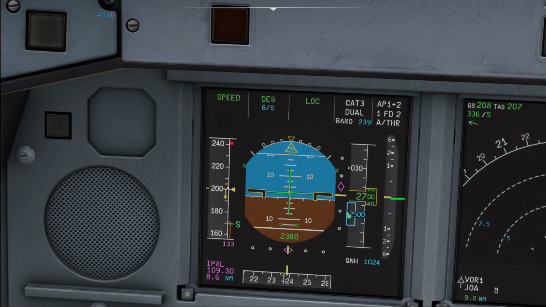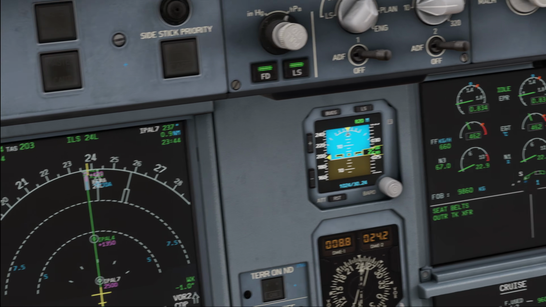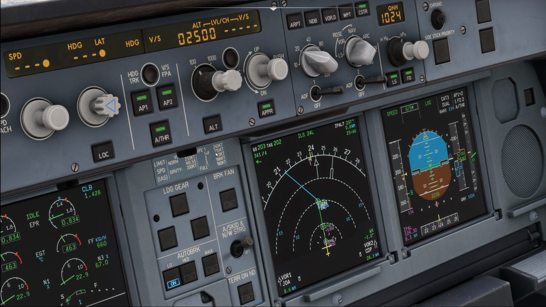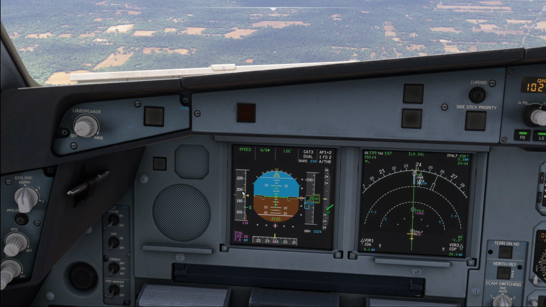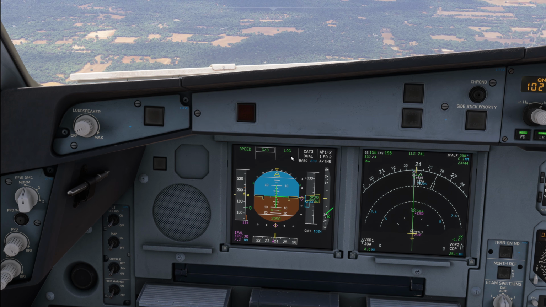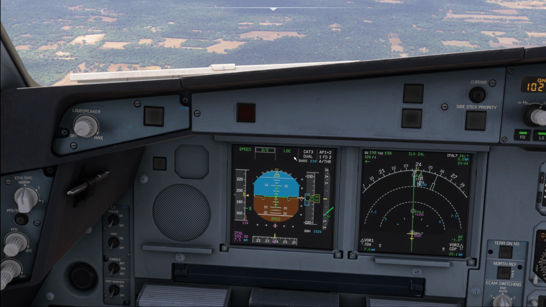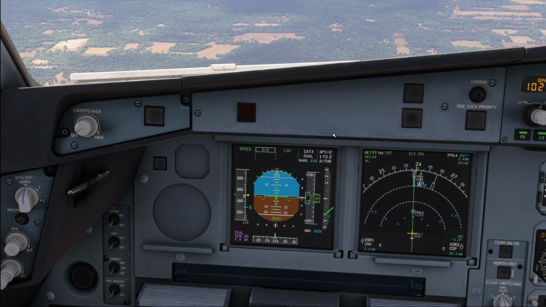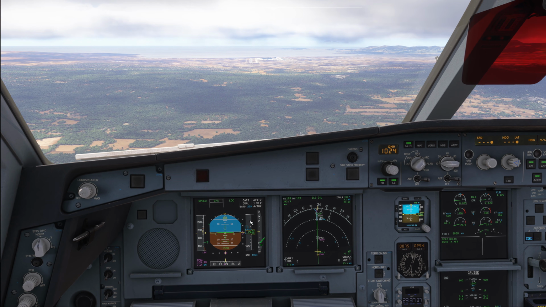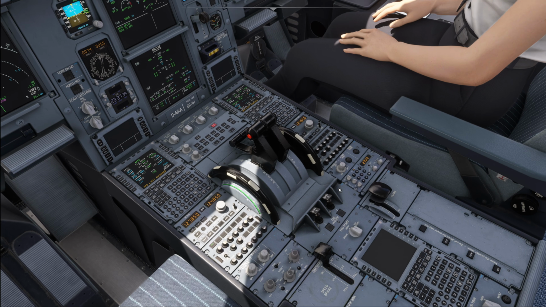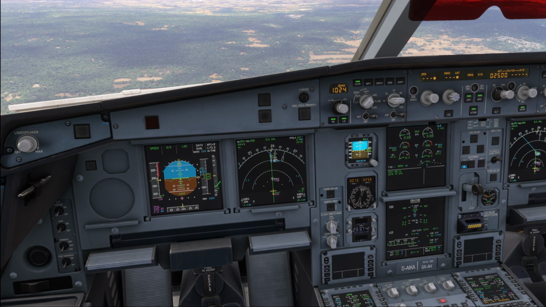You can see VFE next is indicated as 205 knots. However, if we look at the placard over here, we can see that the actual flap 2 limit speed is 196. Therefore, if you are faster than 196 and you extend the flaps into the 2 position, you will actually get an overspeed condition. Passing 2,500 feet above the aerodrome, we can extend the flaps into the 2 position, and